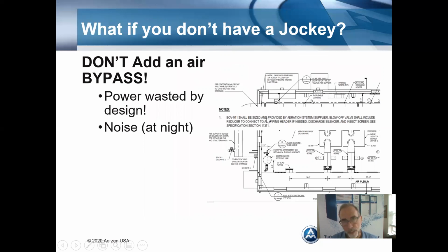What if you don't have a jockey blower? What I have seen, some of these engineers have specifically designed in power wastage, meaning if the aeration basins are still seeing high dissolved oxygen levels, like say in the middle of the night on a cold winter night, and if you have